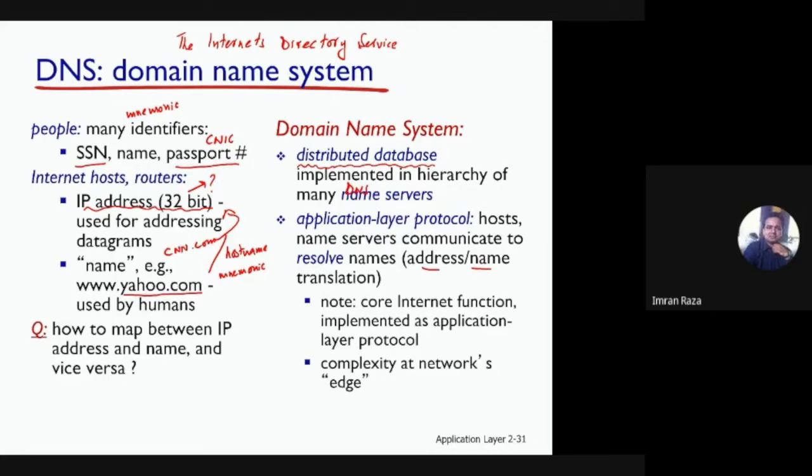For example, if I talk about HTTP, HTTP makes use of DNS. FTP, since we have covered these protocols, or talk about SMTP. So all these and many other application layer protocols make use of DNS to get this address name